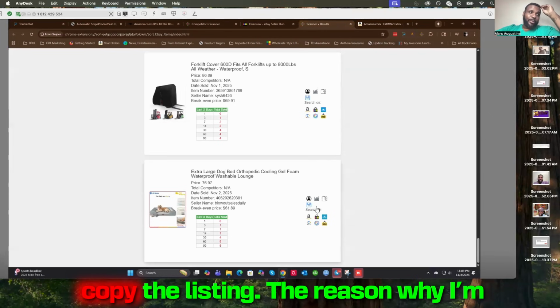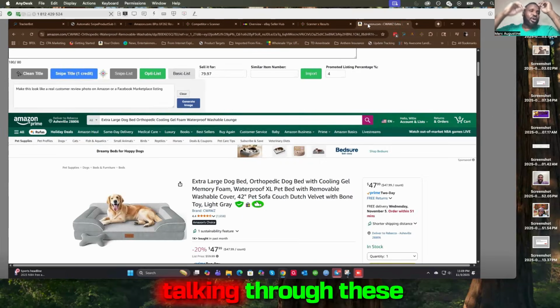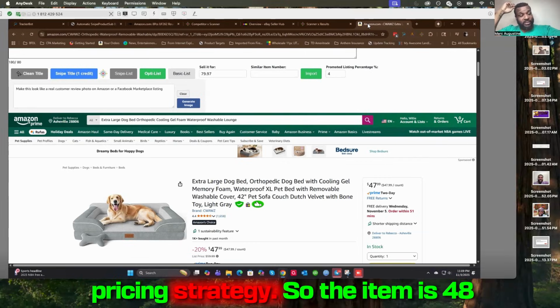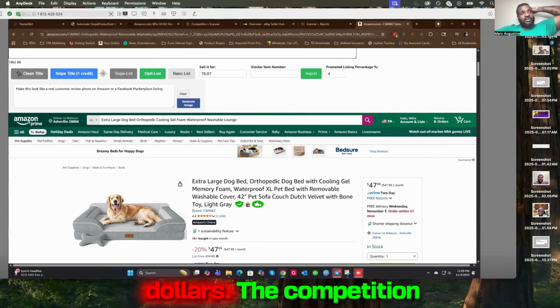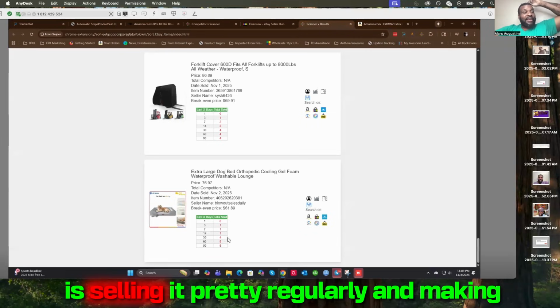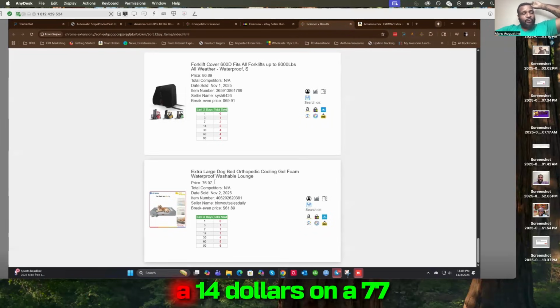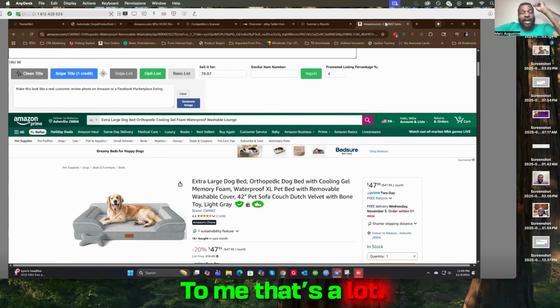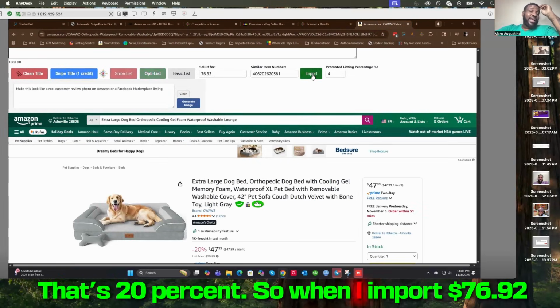So I now copy the listing. The reason why I'm talking through these numbers is because I'm focusing on my pricing strategy. So the item is $48. The competition is selling it pretty regularly and making $14 on a $77 item. To me, that's a lot. That's 20%. So when I import